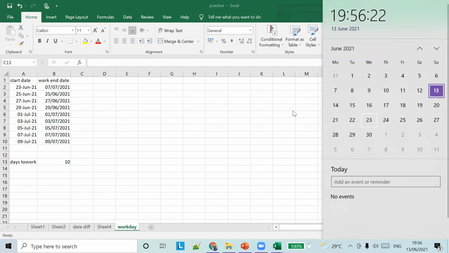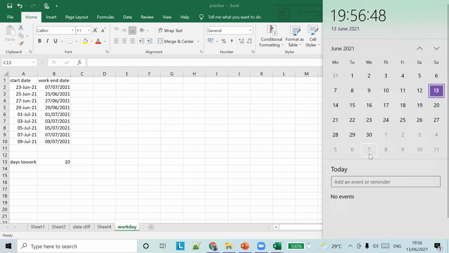So see, the date is 23rd. I've added 10 days here. So 23rd is this one. 23rd, 1, 2, 3, 4, 5, 6, 7, 8, 9. For 23rd, right? Okay, 23rd. 1, 2, 3, 4, 5, 6, 7, 8, 9, 10.